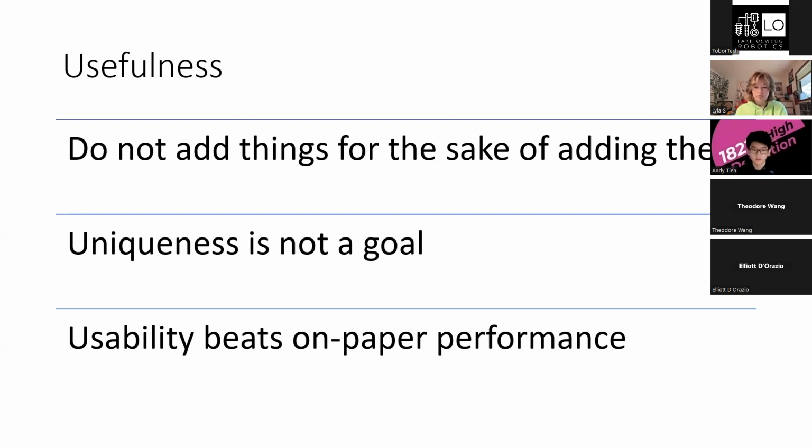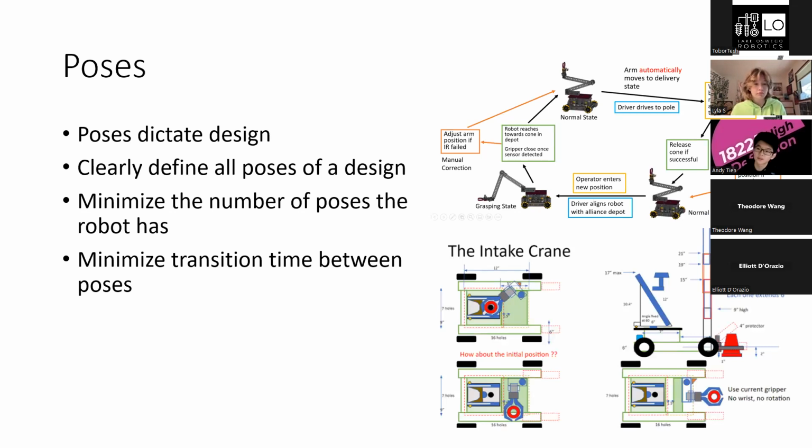So now that we've talked about usefulness, we talk about poses. Poses is also a very critical design aspect that we always consider. What poses can essentially be summarized as is the different states that a robot is going to be in throughout its time on the playing field. As you can see on the top right, we basically look at the different states. We have a normal state where the robot is traveling around the field. We have a grasping state for when the robot is grasping a cone, and